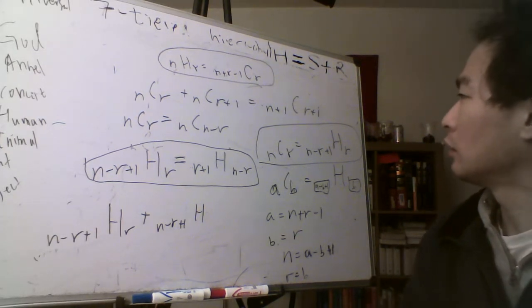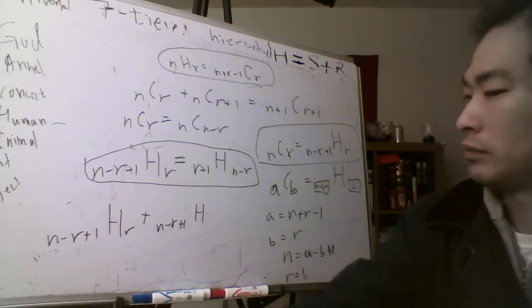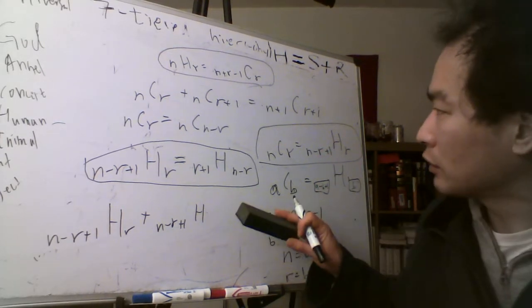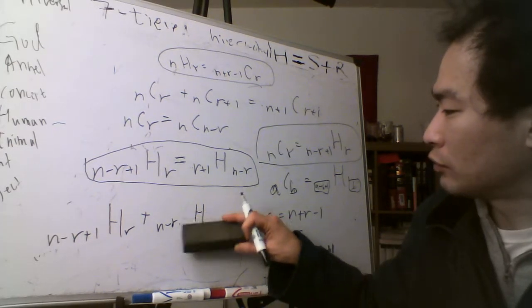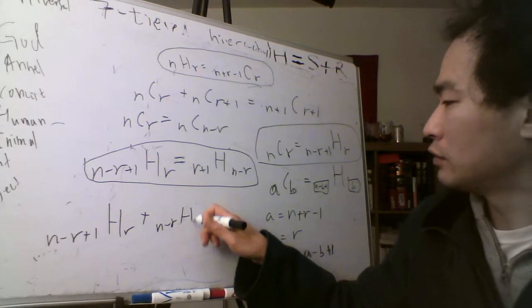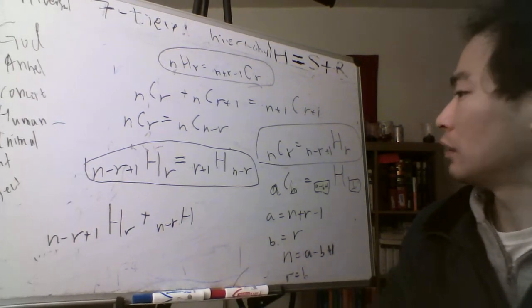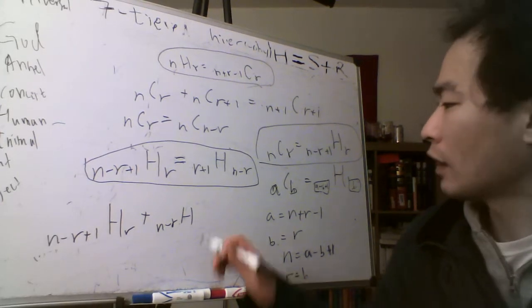Wait a minute. You subtract and then you add 1. You subtract, so n minus r minus 1, then add 1 plus 1. Okay, so they cancel out. H, oh boy, and r plus 1